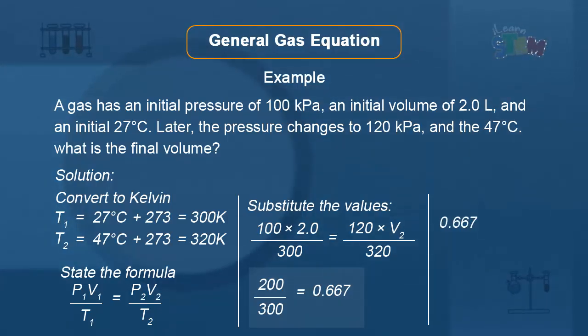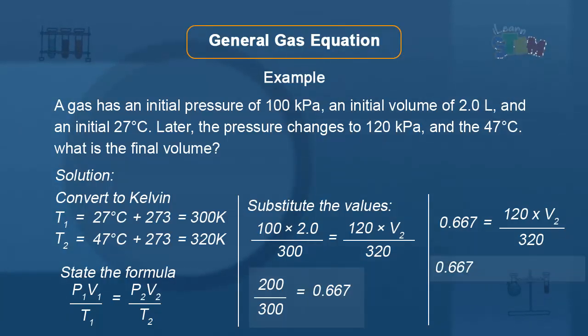So we now have 0.667 equals 120 times V2 divided by 320. Next, multiply 0.667 by 320. That gives approximately